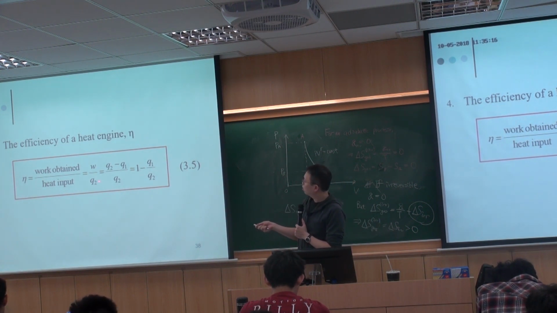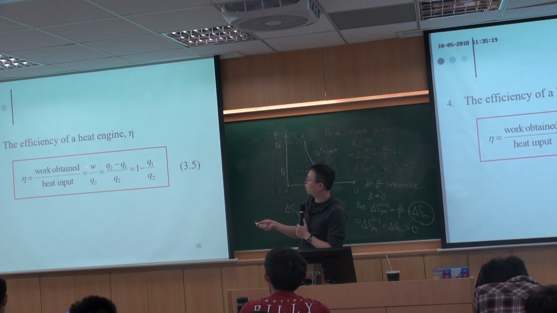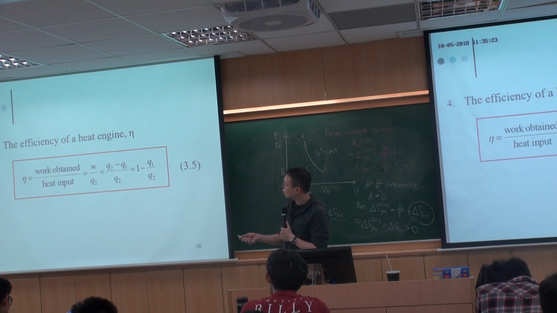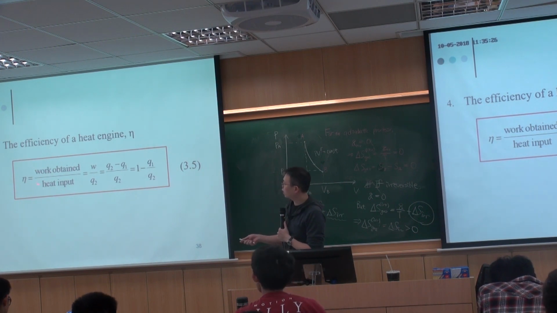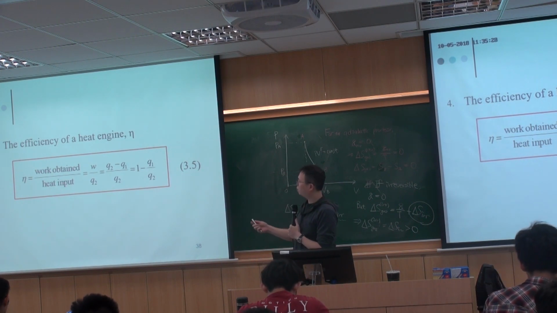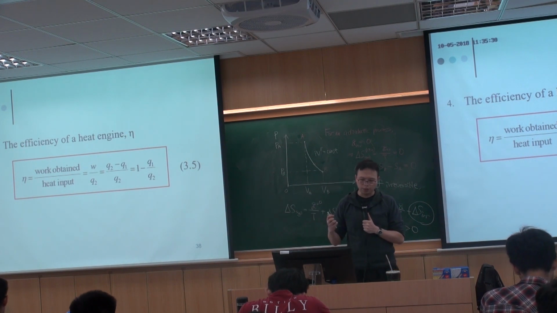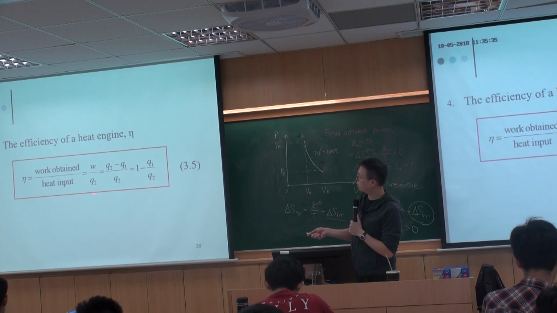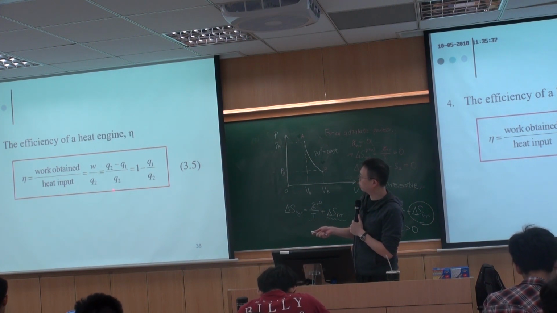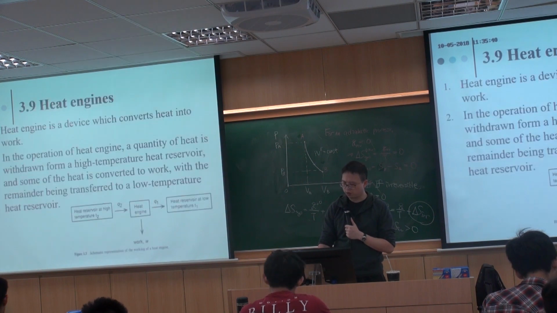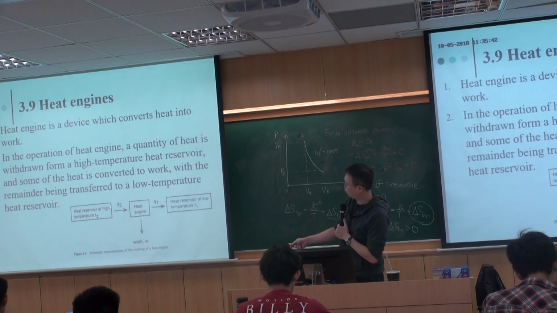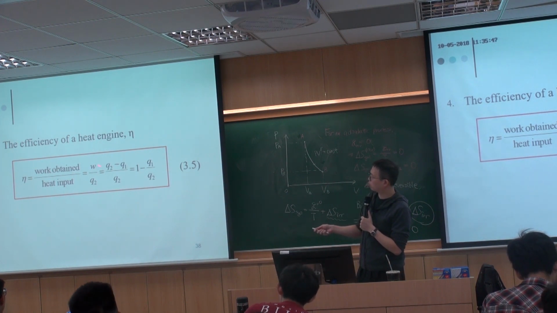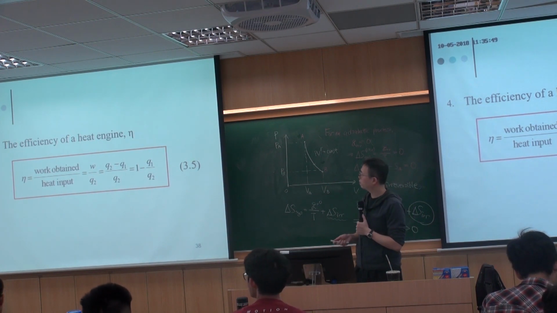So the work is something that we can do, useful things, to make things in order. And the heat is something that is random and that is drained, it's being sourced from the hotter part of the heat reservoir. Therefore, it's represented by Q2 over here. If you still remember, it is this term. So W over Q2 is the original definition of the efficiency.